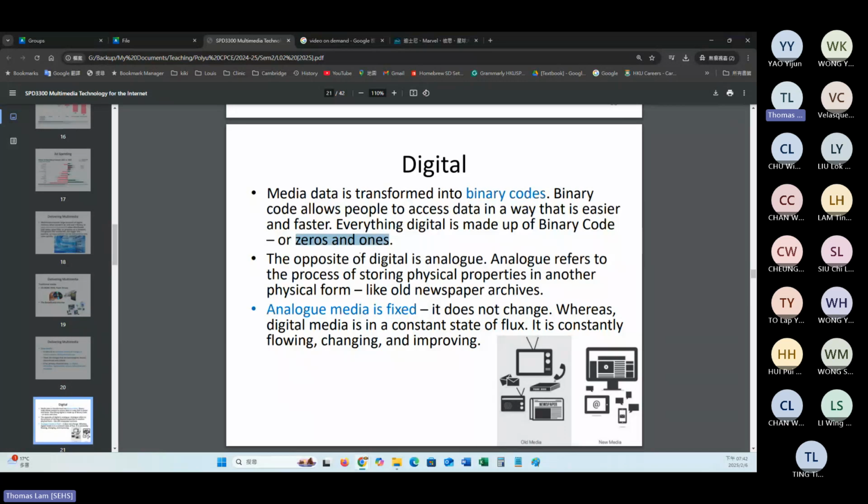Fortunately, we can use more bits. One bit represents 0 or 1. But for 2 bits, we have more combinations. And if we have 3 bits, then we have up to 8 combinations, 2 to the power 3. So as long as we can make use of this kind of binary code, you can see the codes there. We may use 1 bit, 2 bits, or even more bits to represent.